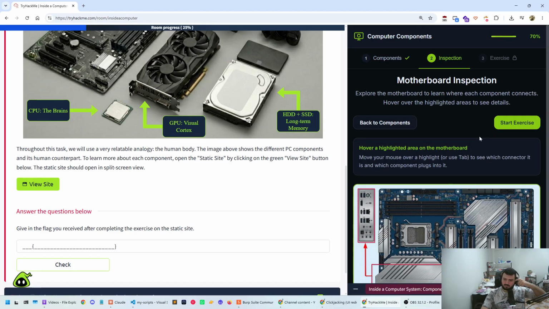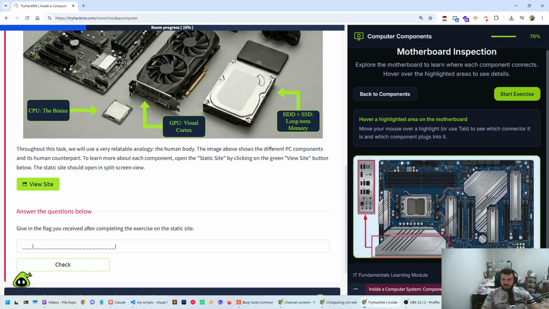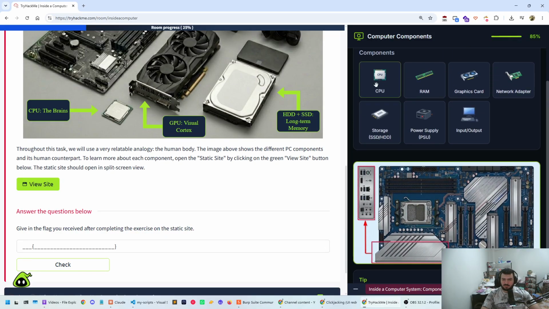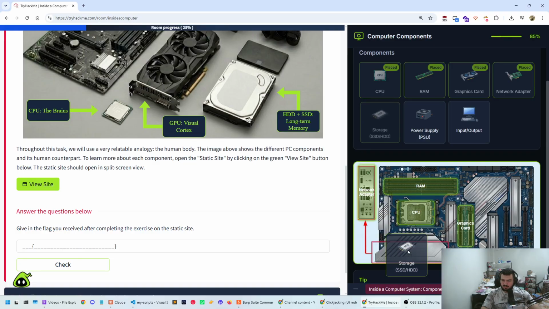Inspection. Move your mouse or use tab to see which connector. Okay, so let's start the exercise. So right here, the CPU. Oh, I need to drop it here. Okay. The RAM goes on these slots. The graphics card goes onto one of these PCI slots here. The network adapter is around here somewhere. Yes. The storage could have multiple locations,